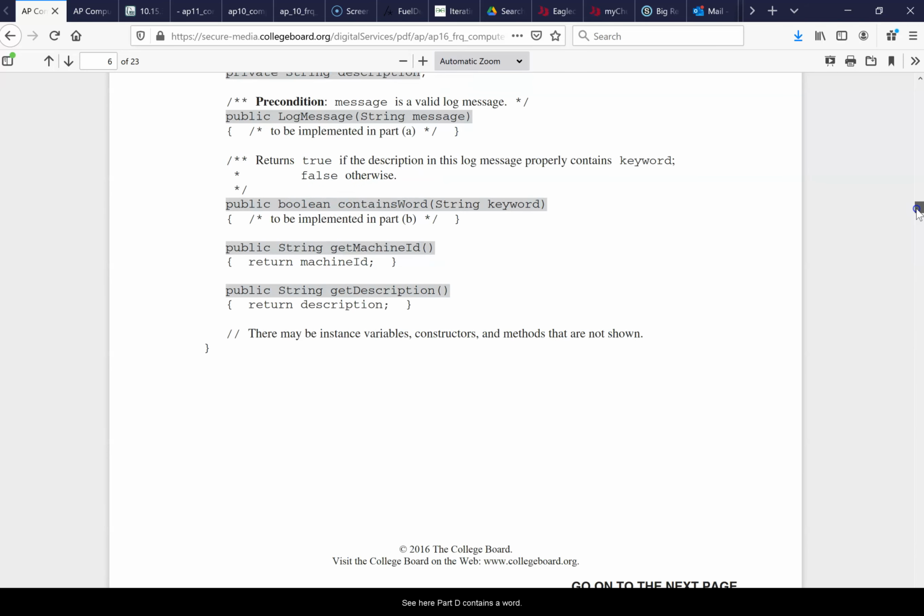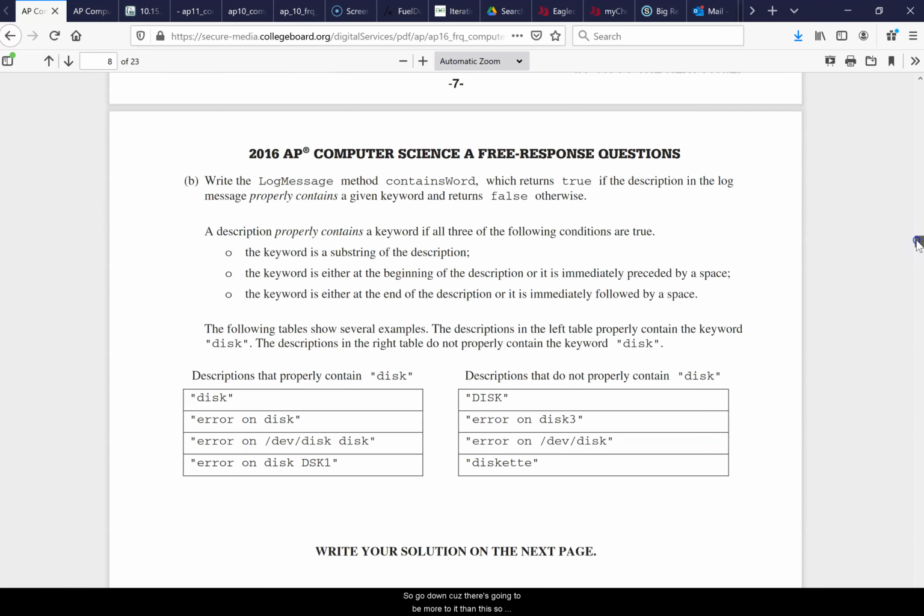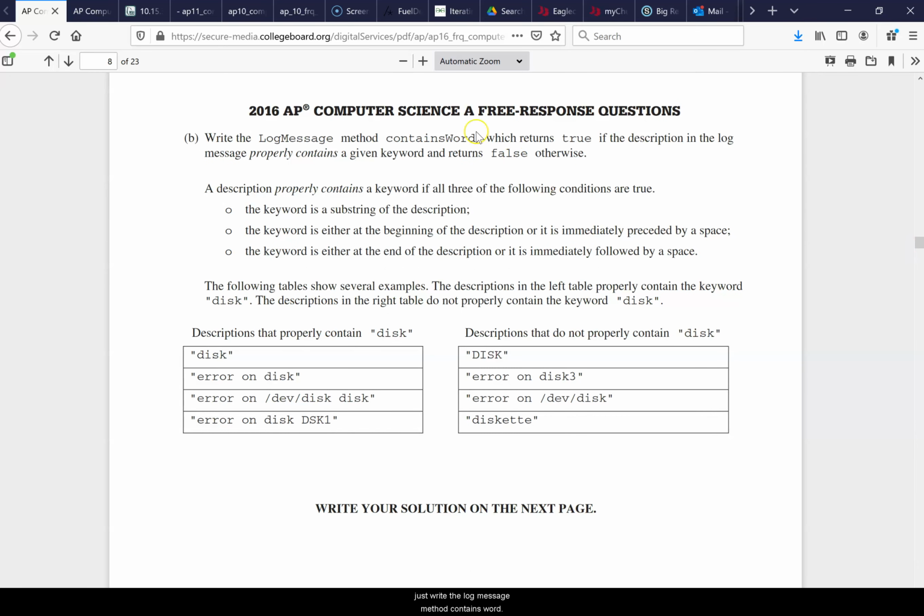Let's see here. It's part B. It contains a word. So it returns true if the description in the log message properly contains the keyword, false otherwise. So let's go down because there's going to be more to it than this. So it says write the log message method contains word